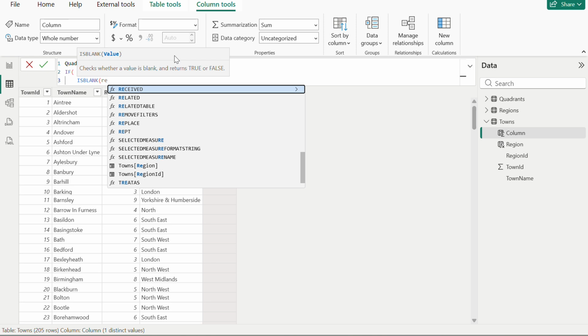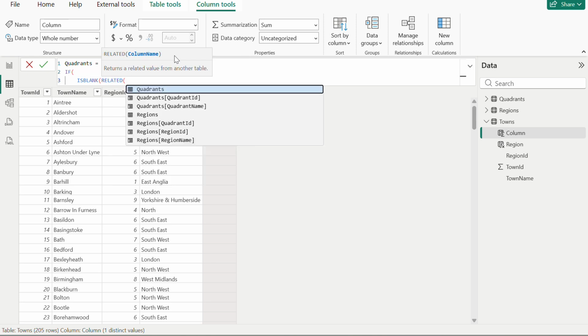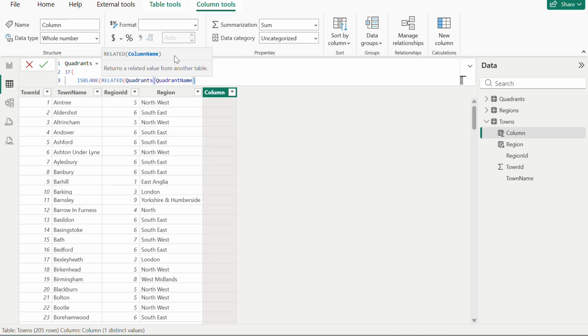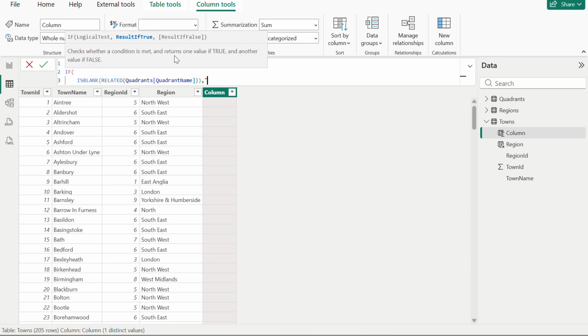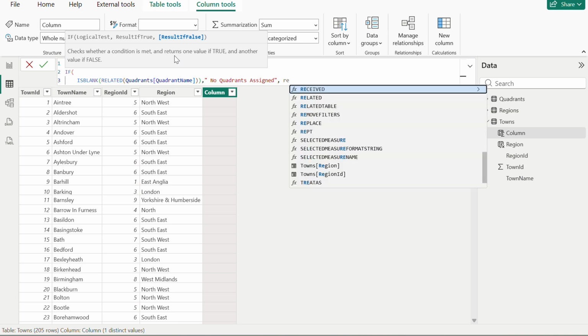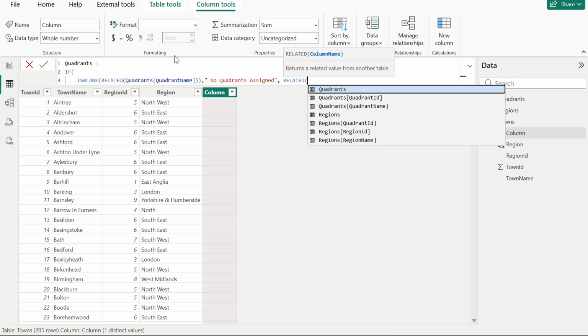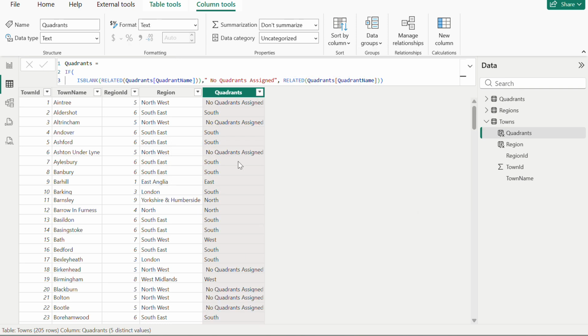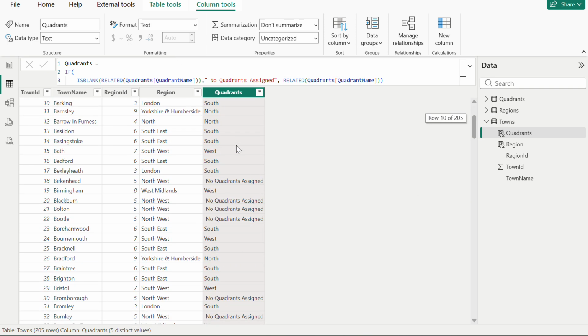and we will use the related function, and we will use the quadrant name right now. And if it is blank, then it should give us no quadrant assigned. Okay, and if it is true, it should give us no quadrant assigned. If it is not true, then it will give us directly the quadrant name. If I click enter here, see, if there is any blank, then it is giving us the